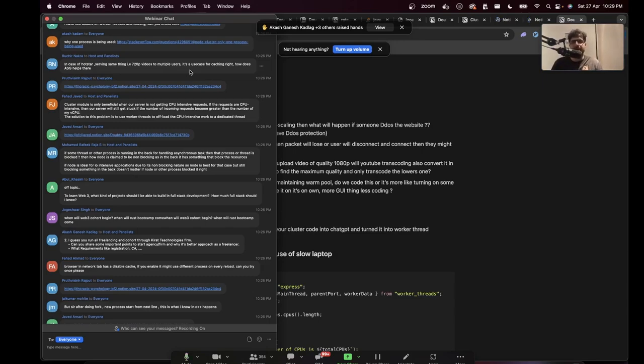What is a cache? If there are multiple people in Punjab, you want to make sure all the people in Punjab get the data from the machine in Punjab. If multiple people are in Rajasthan, you want your source in Mumbai to send video to a machine in Gujarat, and then everyone in Gujarat gets it from the same thing, right? So you do have to cache, and a lot of times you don't need